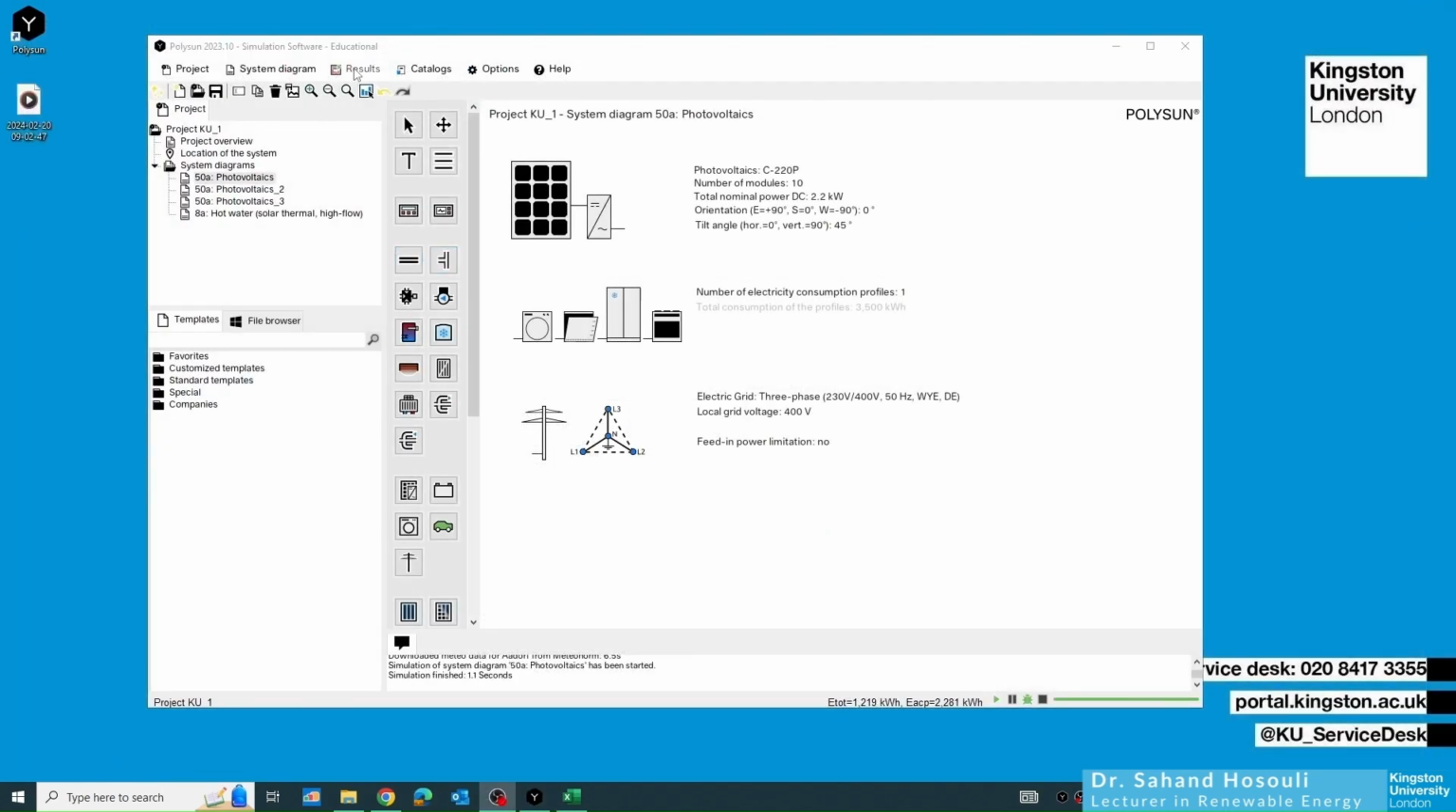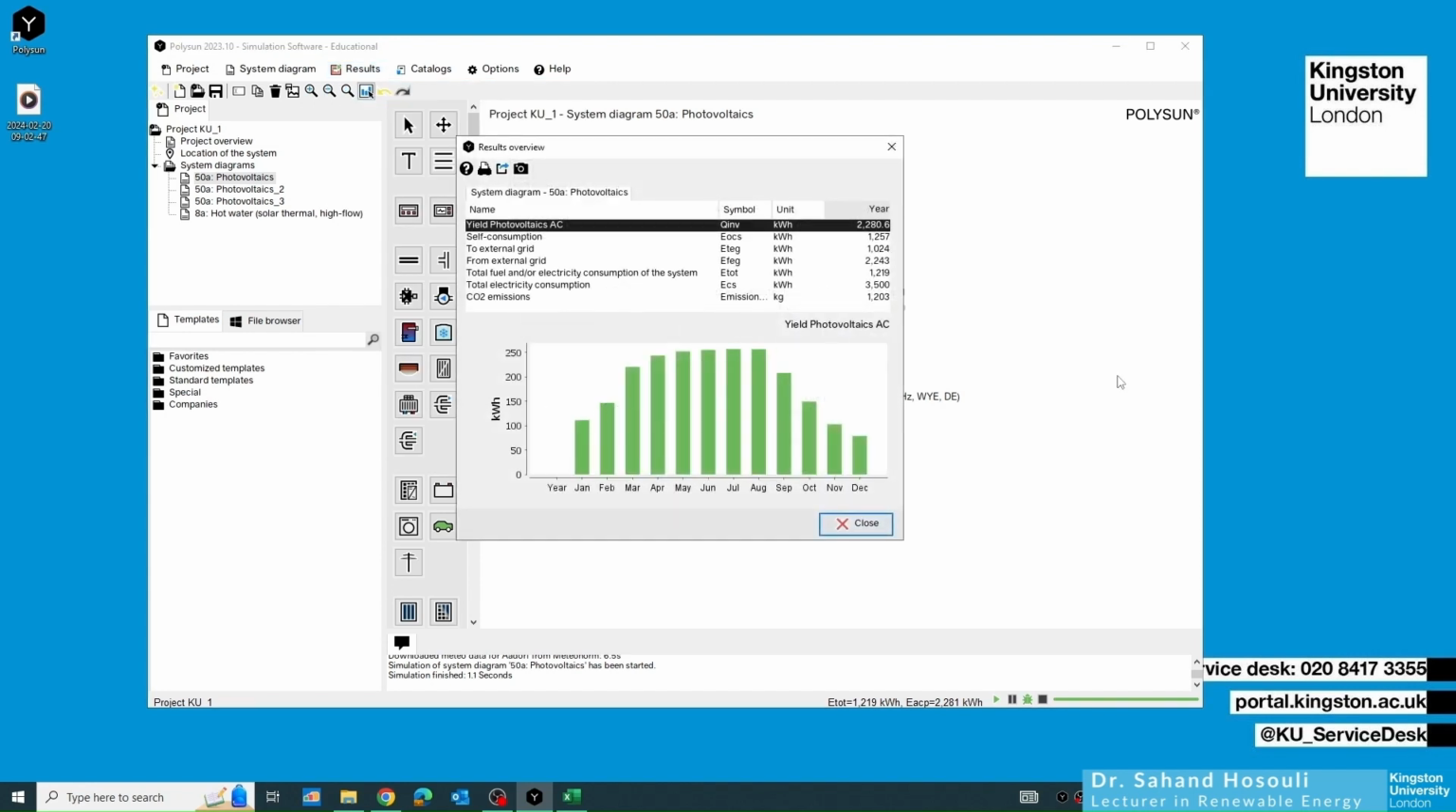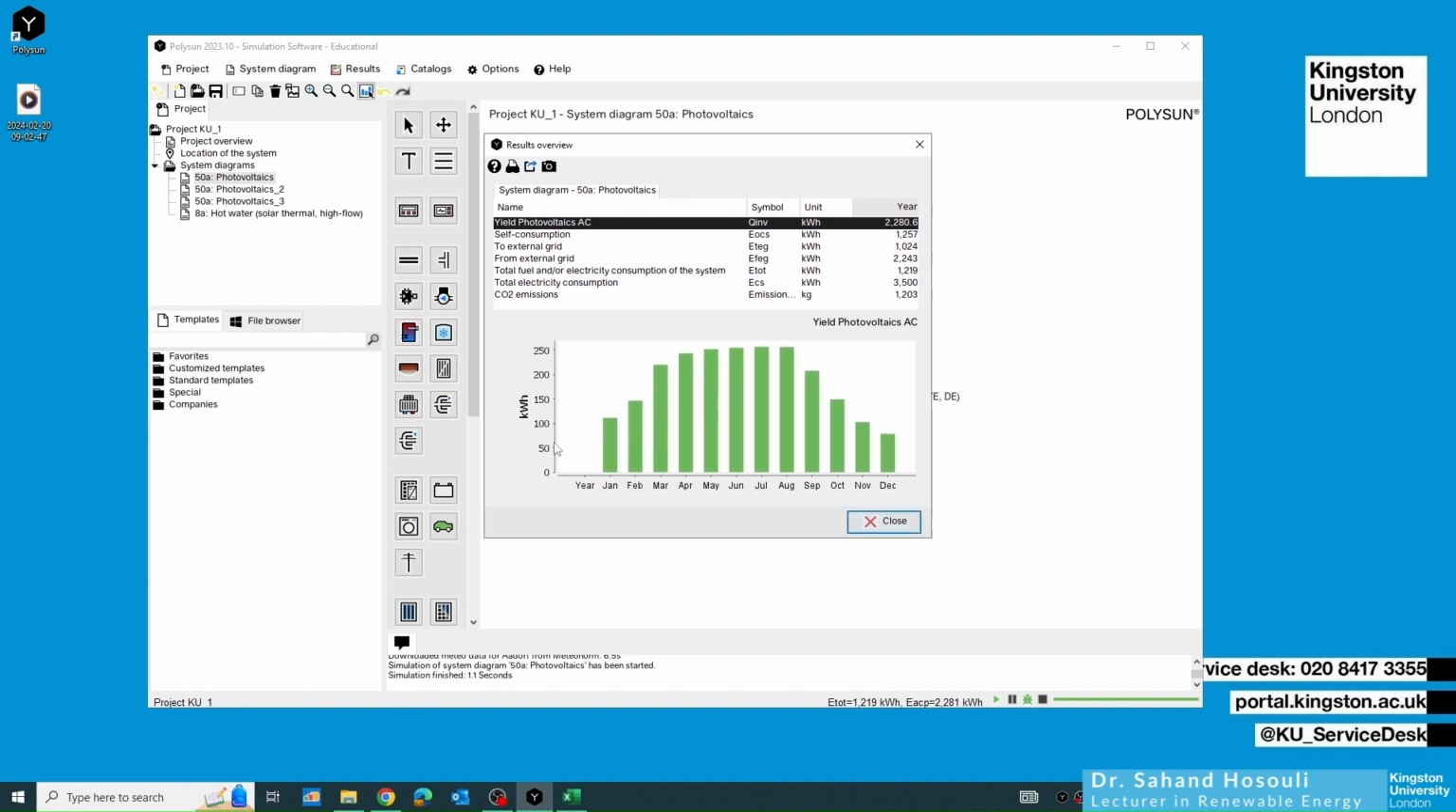Let's move on to the results section, as we promised. So we have different system diagrams, as you can see here. We're going to start with the first one, the simple photovoltaic system that we have defined. We're going to go to the results tab. The first one that we have is the result overview. In the result overview, as you probably remember, this is the first window that we saw when we ran the system for the first time,